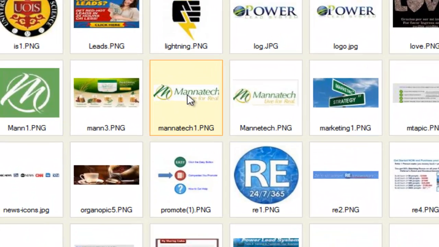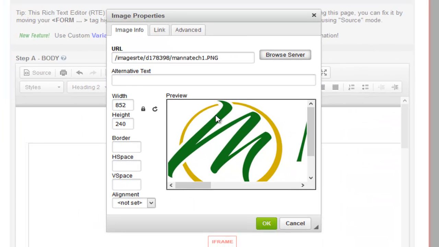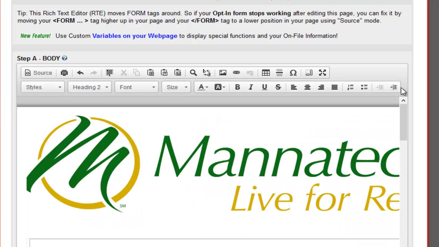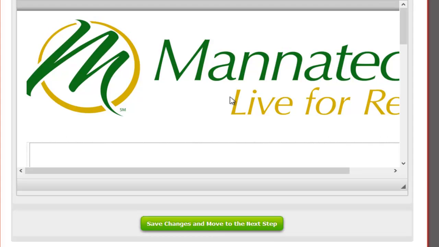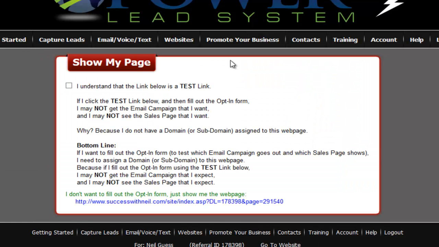And here's a pic I uploaded before. I'm going to double click on it, and I'm going to click on OK. Now look at how large that is. I'm going to save my changes, and I'm going to take a look at this,